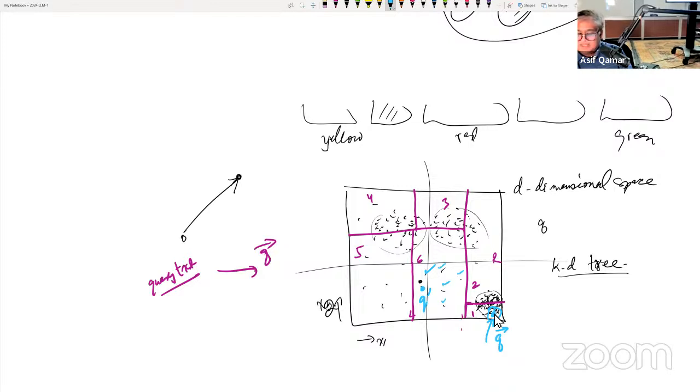But what happens is you are missing some genuine ones, which are neighbors, but happen to be in the adjacent quadrant. And the rule is you're not supposed to cross quadrants unless you have exhausted all the points and you still don't have 10. Right? So what will happen is if you find 10, even if they are a bit distant, you'll end up picking those, isn't it? That is why the word that is used is approximate